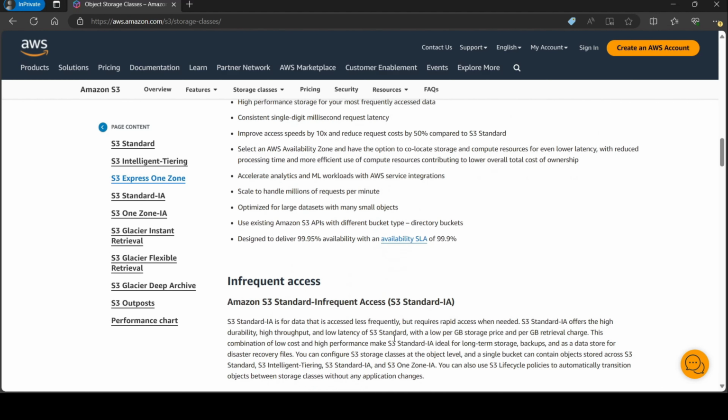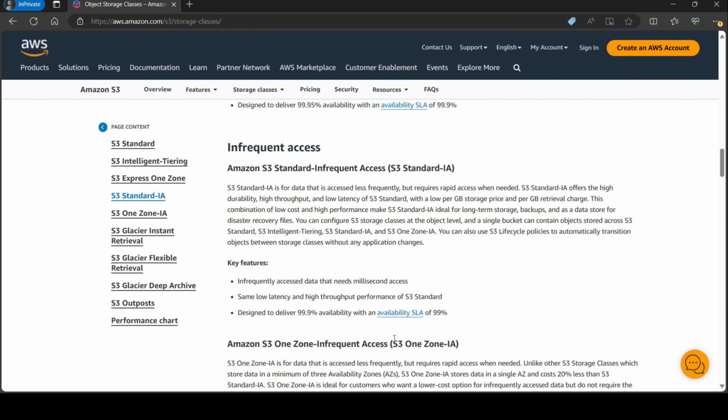So that's pretty awesome. Now let's move more towards the infrequent access. This is where you're not accessing your data or the objects in your bucket quite often. The first we have is S3 Standard Infrequent Access. So let's go right off with what AWS says. AWS says that S3 Standard IA is for data that is accessed less frequently, but